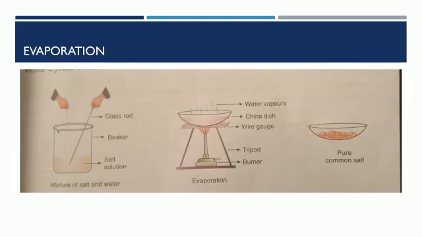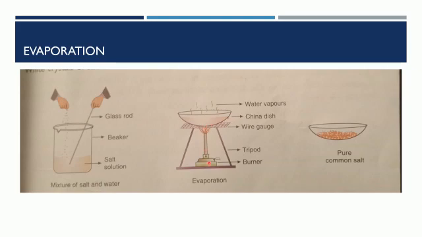In your book, this diagram is given for evaporation. This is also the same only. Let me explain this also. So here in this beaker, salt solution is taken and a glass rod is taken. We have to add salt to water and keep it stirring, right? So when the salt gets completely dissolved and the salt solution is ready, we have to pour this salt solution into a china dish,